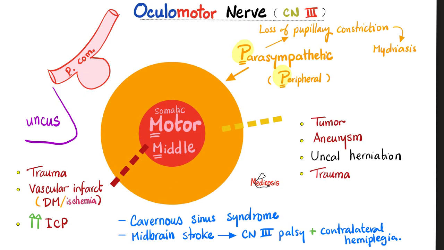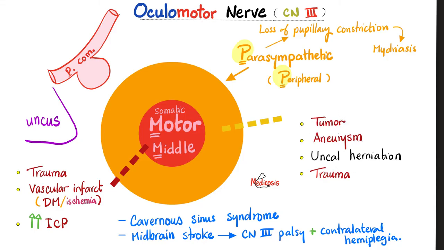So let's suppose that I develop an aneurysm pressing on the oculomotor nerve from the outside. Which fibers will be destroyed first? The parasympathetic fibers or the somatic motor fibers? Answer, the peripheral ones. The parasympathetic fibers will be destroyed first, which means if I have an aneurysm or uncal